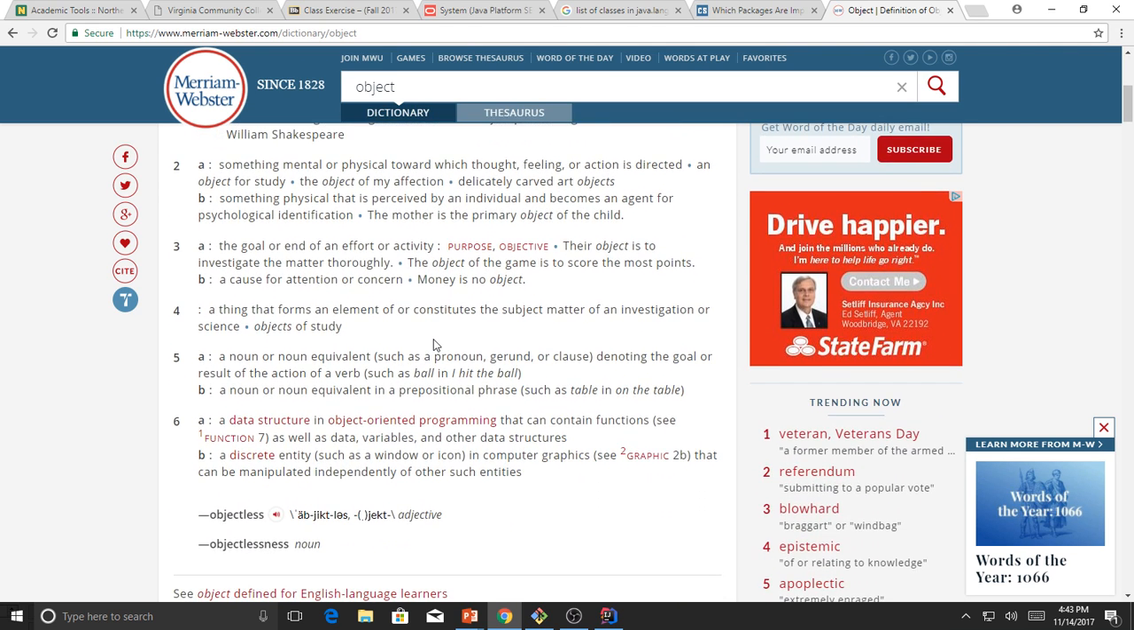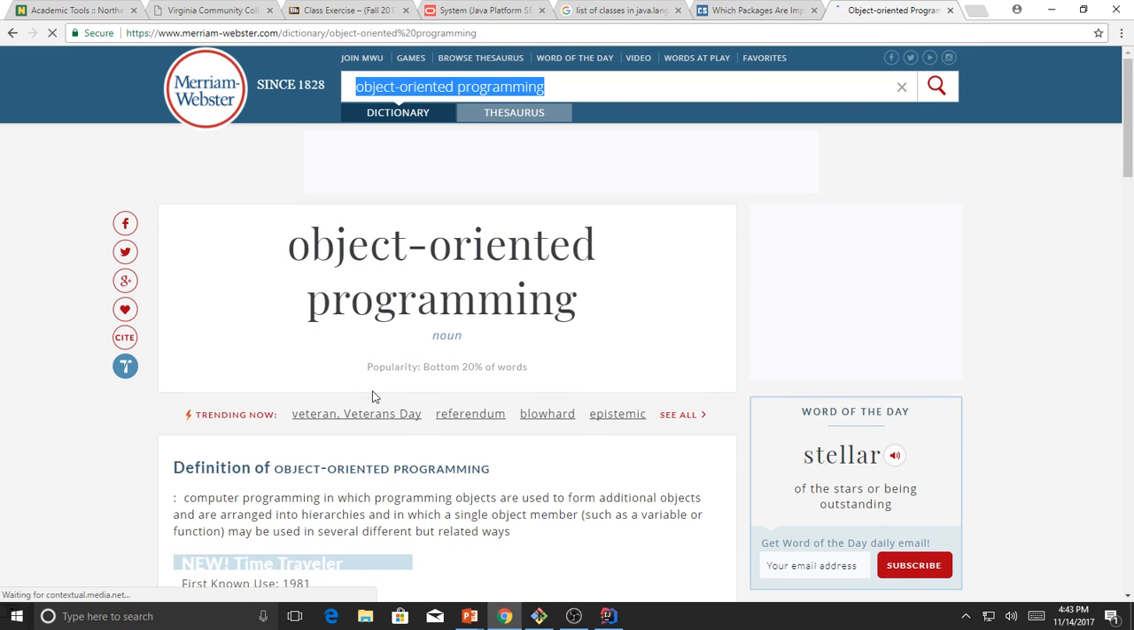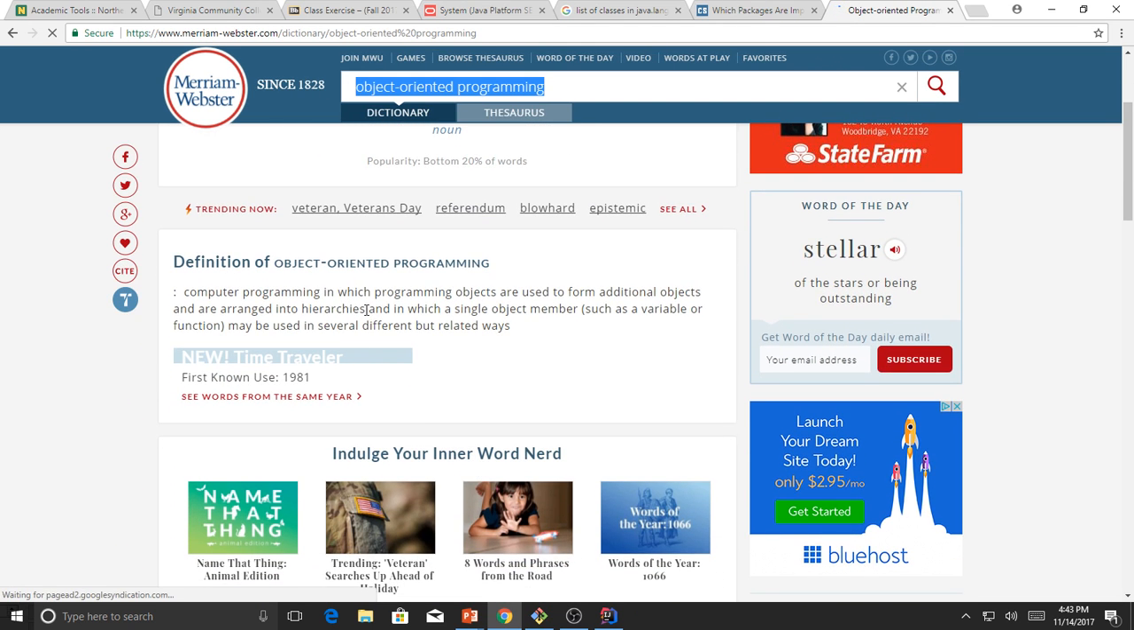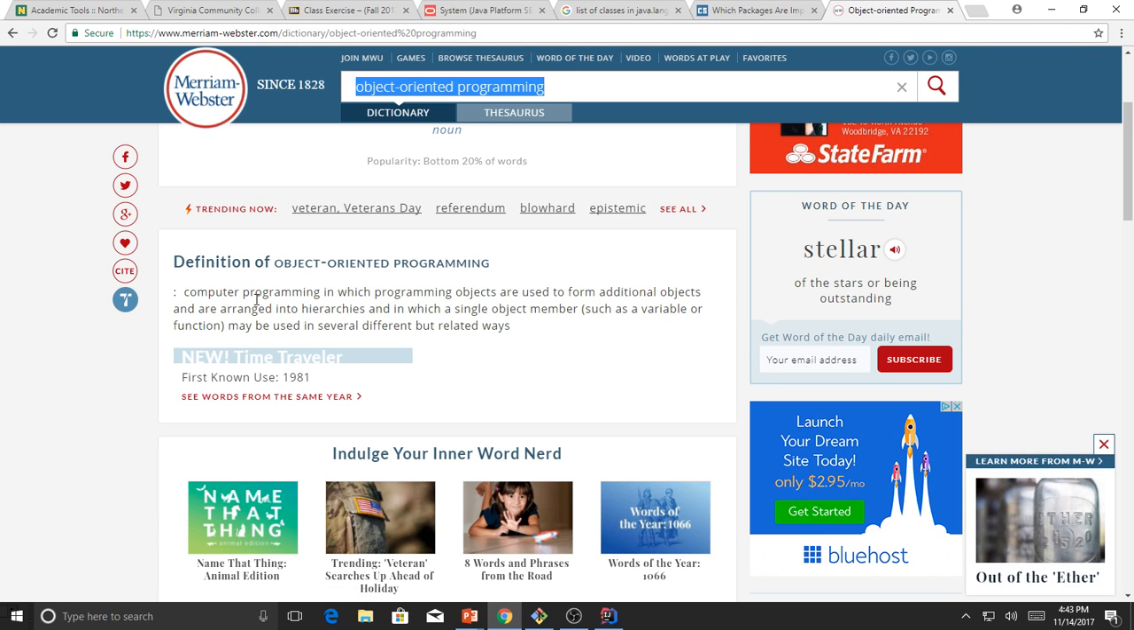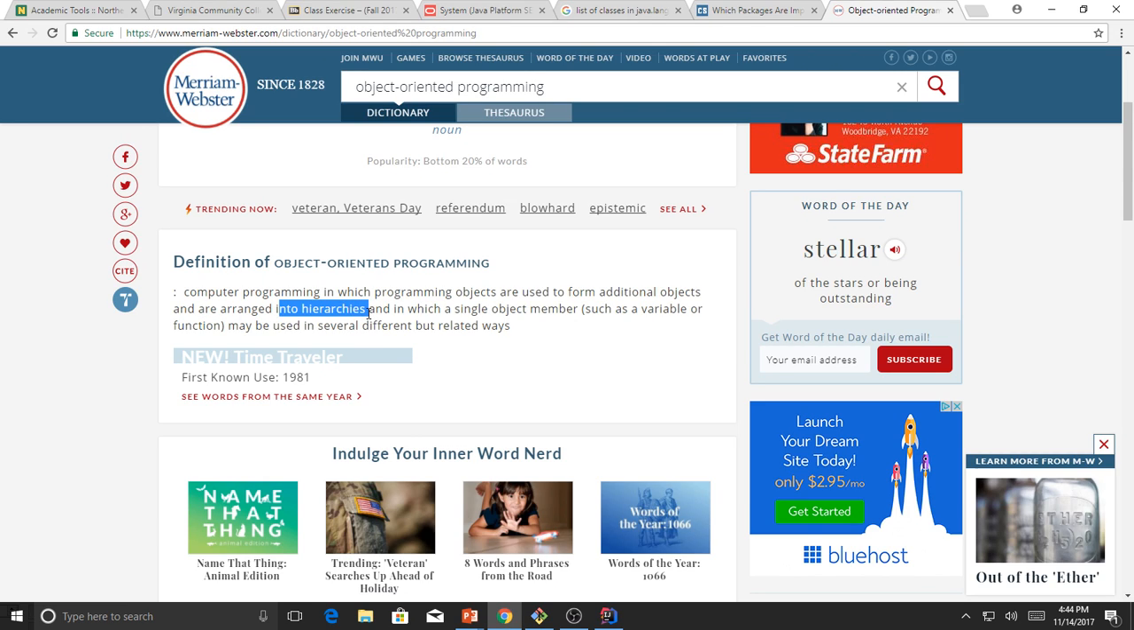Now, let's look at object-oriented programming. So, computer programming in which programming objects are used to form additional objects. Make sense? Like I said, the bottle, you need another object to make another object, right? And they also are arranged into hierarchies, which you learn in 201 hierarchies,